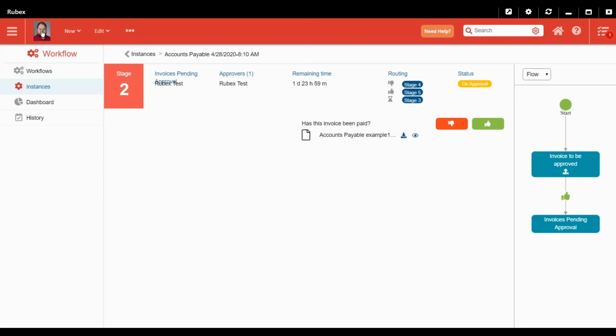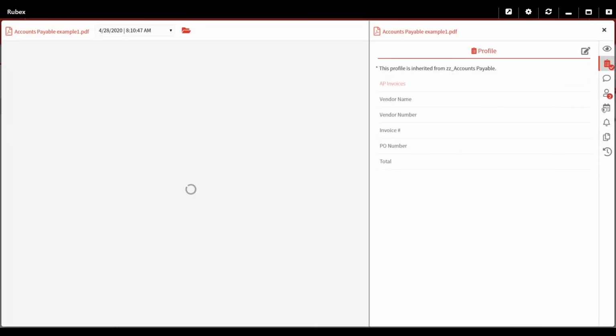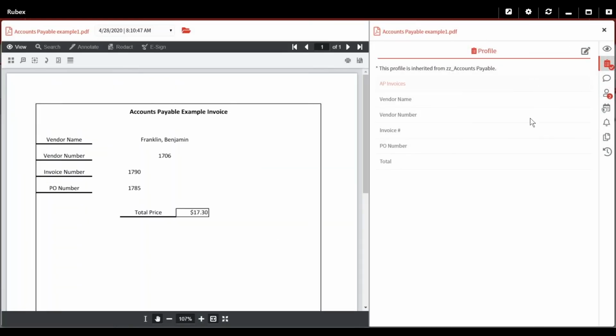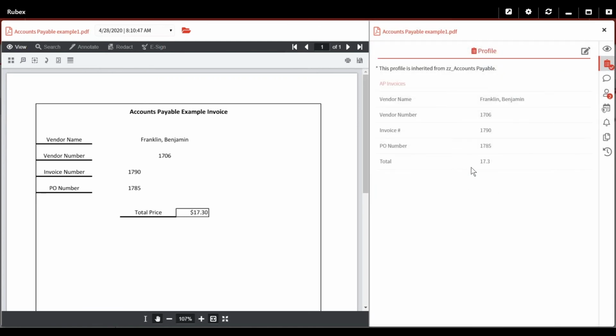I'm going to backtrack because we have some profile information to enter in. So when the file is uploaded, the person can then put in profile information with sufficient time before the approver approves it, so that way profile information can be referenced throughout the workflow. I'm going to click on this quad arrow option here to bring up the dual previewer so we can preview our document and put in and edit profile information at the same time. I'm going to click on this little square with the pencil to edit, and we're going to enter in the information and apply new profile. You see this profile information sticks. I'm going to close the previewer,